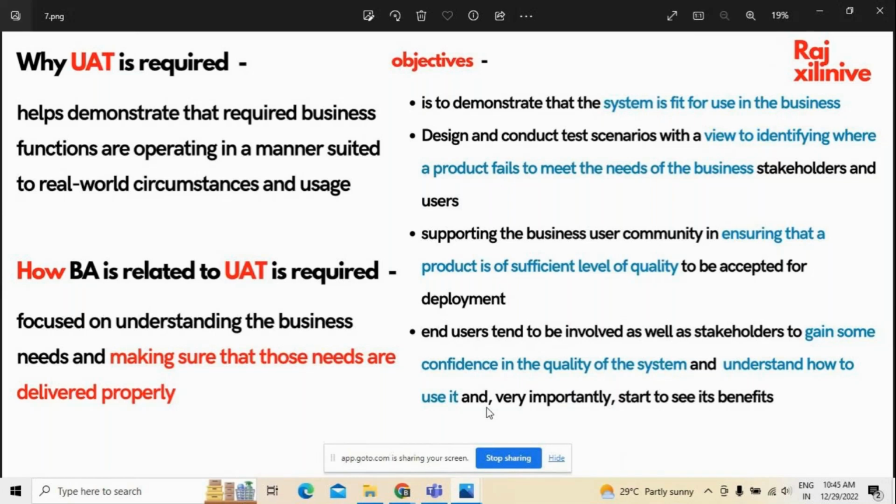Now, the important point I'm going to discuss is in what way the business analyst relates to that. As you know, the business analyst is the individual or group of people who try to understand the business requirements we have, and the necessary solutions are then provided by the BA. So the business analyst plays a vital and important role in UAT, wherein they focus on understanding the business needs. At the same time, they have to make sure that the needs they have identified are delivered properly